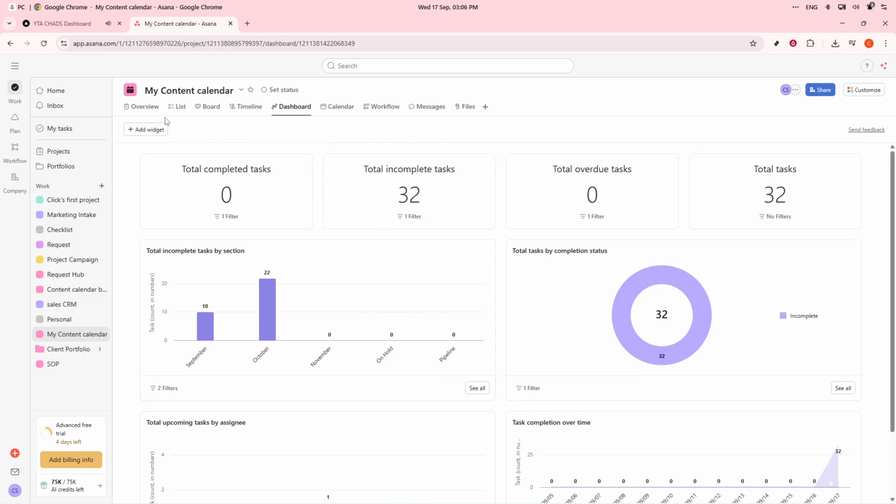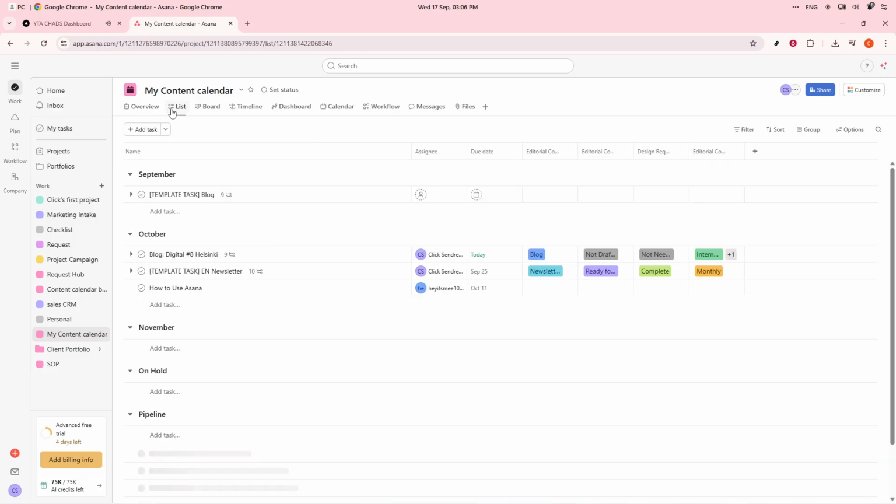By following these steps, you'll have a comprehensive social media content calendar in Asana that keeps your team organized and